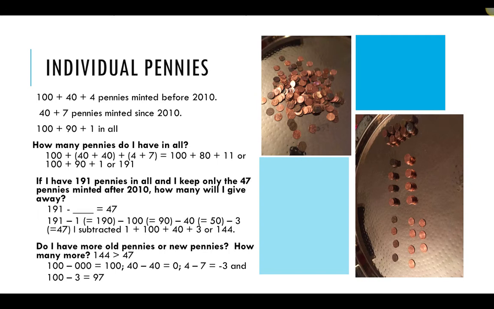So I'm counting down to, I guess, a benchmark number, something I like, 190. And then an even better benchmark. Then I took away a benchmark, 100, to get me into the tens. And then I can take away as many tens as I need to get me near 47. So altogether, I took away 1, 100, 40, and 3, which is